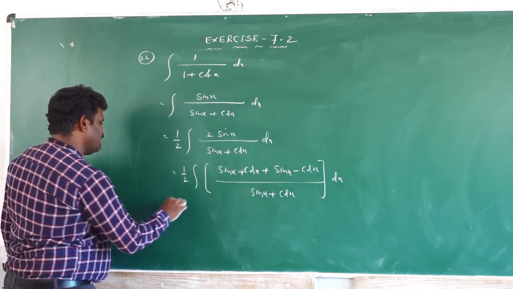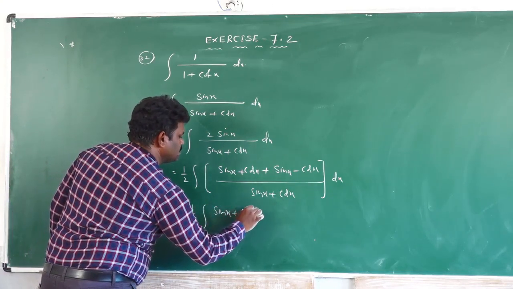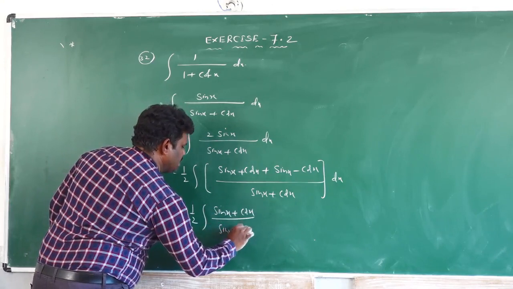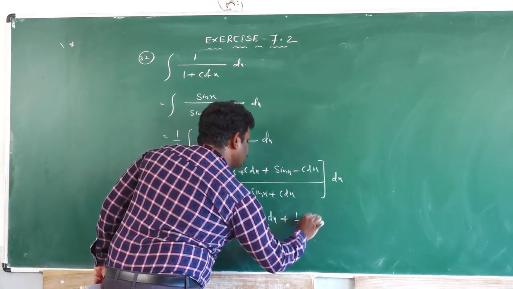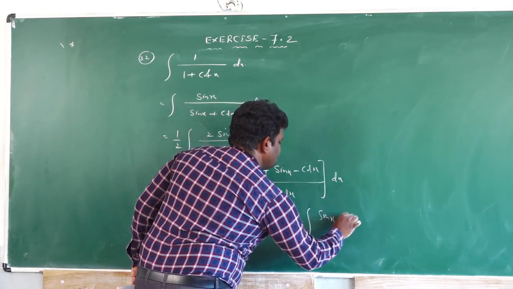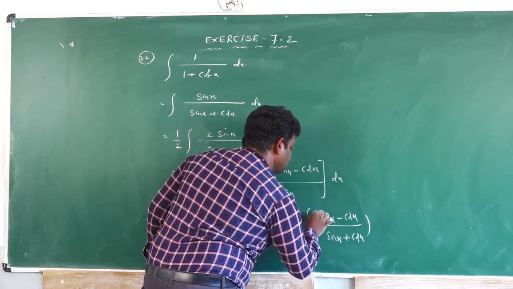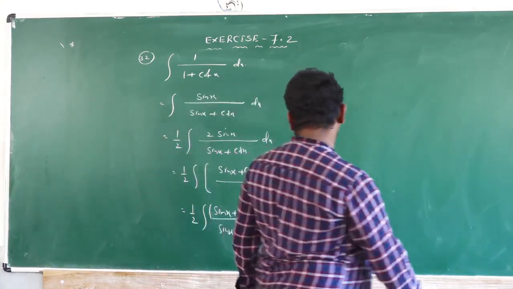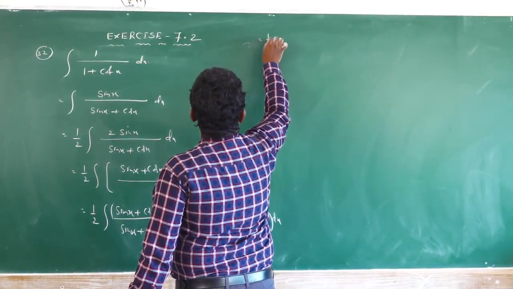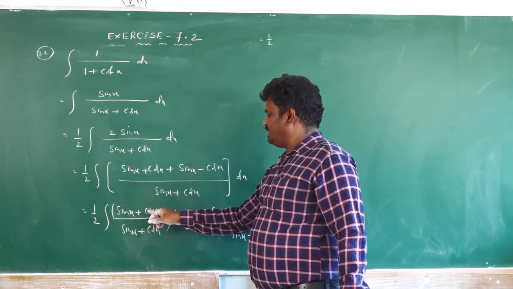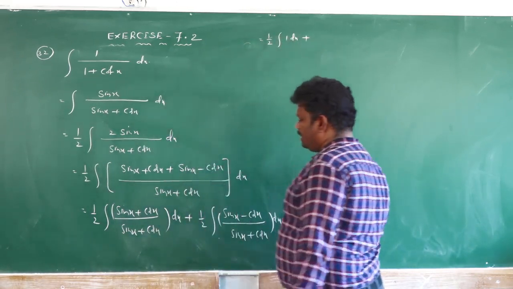Now if you separate the integral, 1 by 2 integral of sin x plus cos x by sin x plus cos x into dx, plus 1 by 2 integral of sin x minus cos x by sin x plus cos x into dx. So the denominator splits into two terms, and that is equal to 1 by 2. These two, sin x plus cos x and sin x plus cos x, cancel, so integral 1 dx, plus